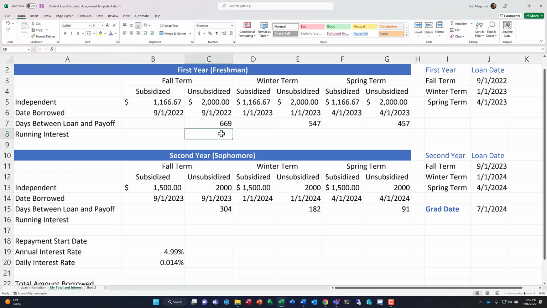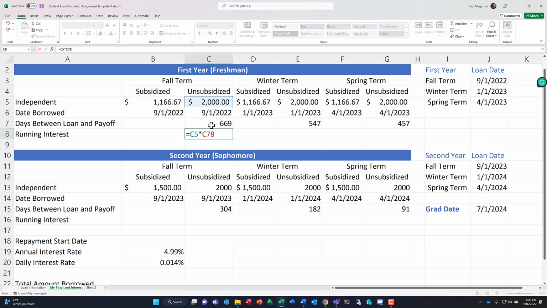Now I need to do a calculation to figure out how much interest has accrued from the time I borrowed the money until the day I graduate. Now the way I do that is simple interest is actually pretty simple. We don't need a complex formula for this. We're going to take the amount we borrowed, okay, times the number of days